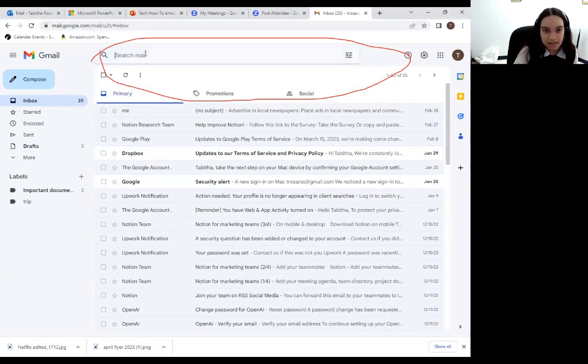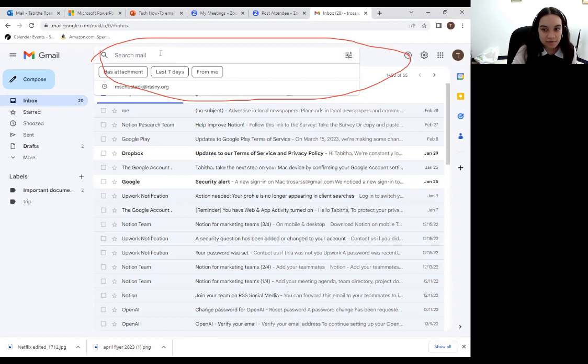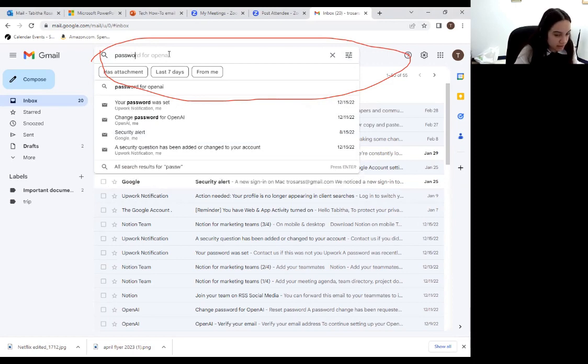I can just type it in here of what I'm looking for, whether it's a person, a company, even just a phrase. So let's say I don't remember who sent me the email, but I remember changing my password. If I just type in password,